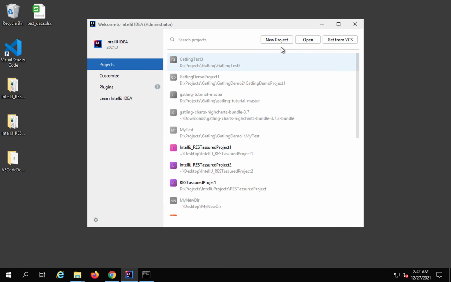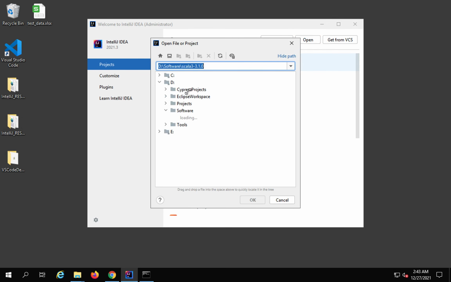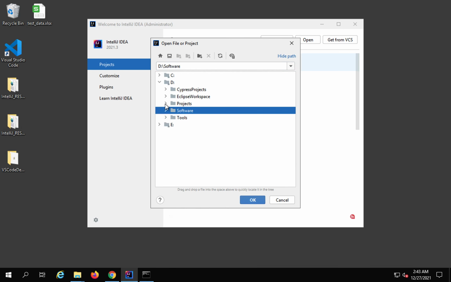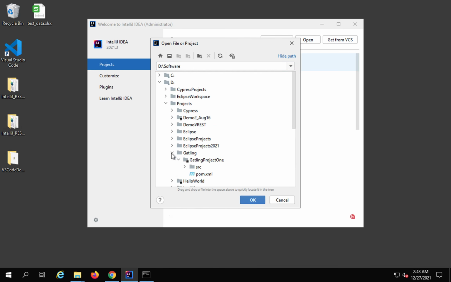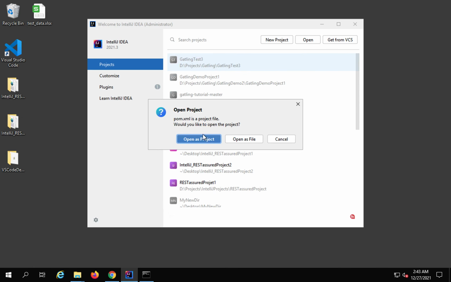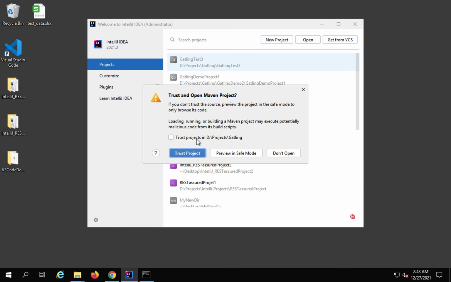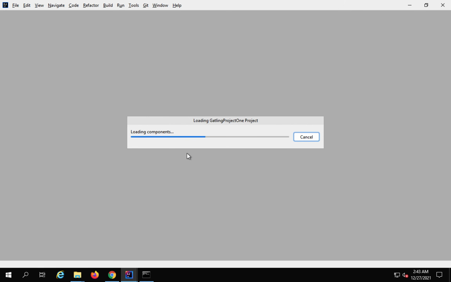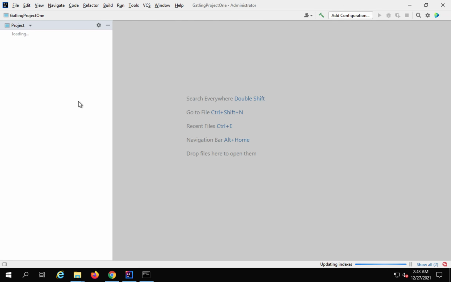So here I will click on new project, or let me just click on open now because I already have a project. If your IDE is already open and if you are on some project, you can go to file and open project. So I'll click on open here, and here I will search for my project. So you can go to your project and click on the pom.xml file and say OK, and say open as project, and this is fine. I will say trust project,